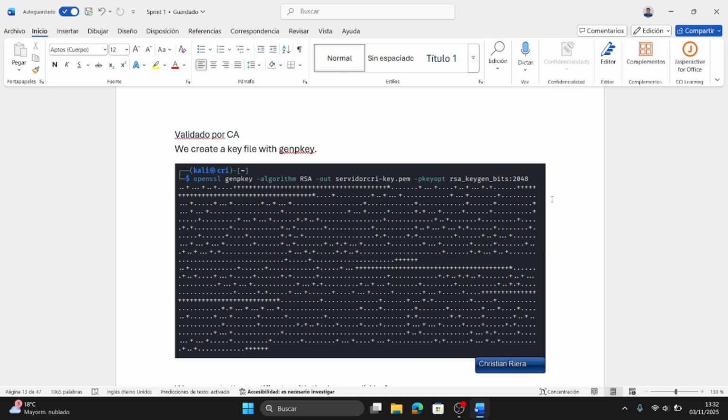We'll have to run OpenSSL and GemK that are installed in Kali Linux, and in theory we don't have to install anything, and we put this command with the name of the file that we want, and we're going to see how it is generating the file with the content in RSA algorithm.